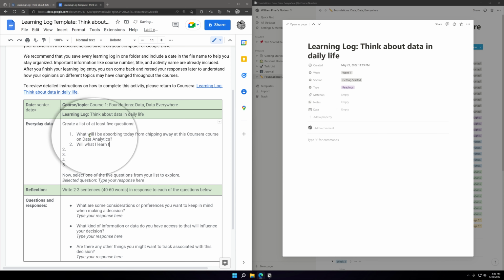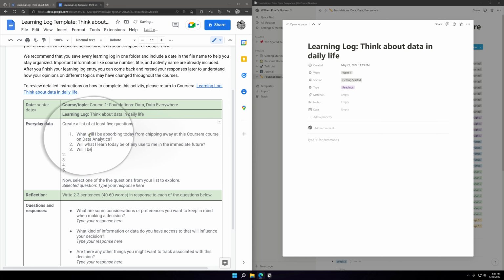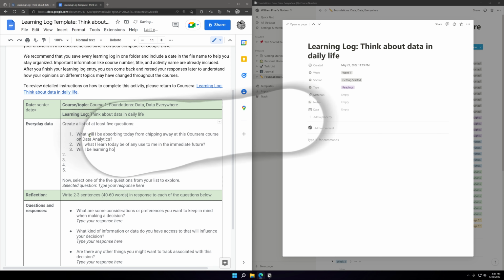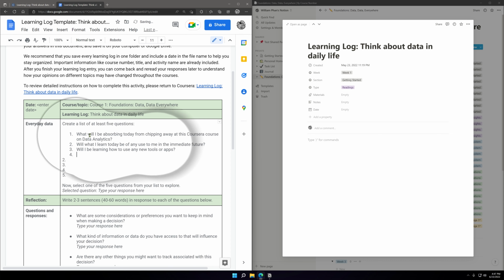Will what I learned today be of any use to me in the immediate future? Will I be learning how to use any new tools, or just new tools or apps? What else?